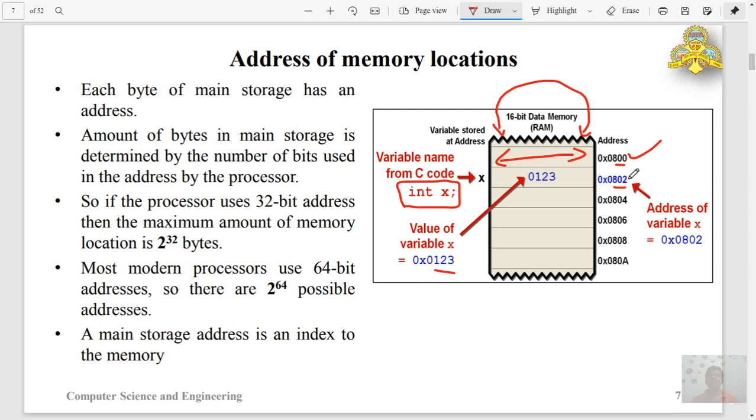You are already familiar with this operator ampersand, usually used in the scanf statement. It is not only used in scanf, it is also used in pointer manipulation or address manipulation of any variable, wherever it is applicable. So these are the simple lines of code declared.